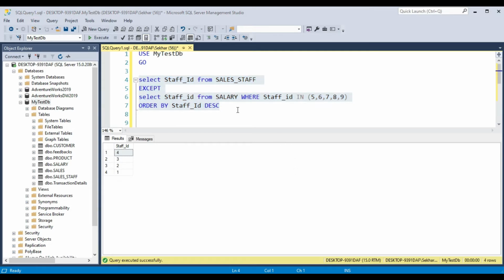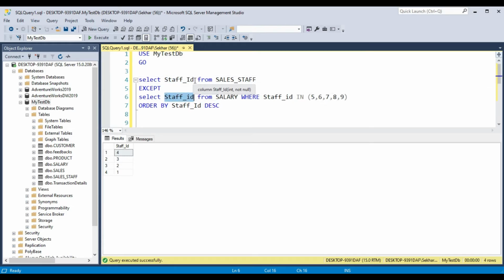Again, a few important points about except, just like we discussed for union and intersect. Similarly for except also, the total number of columns must be the same in both queries. Here there is only one column.